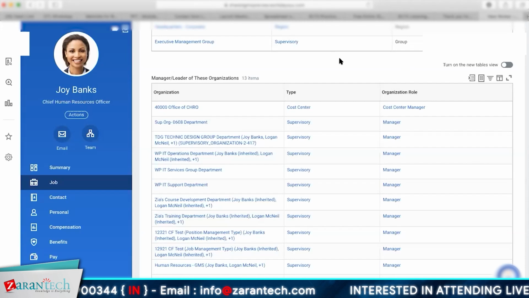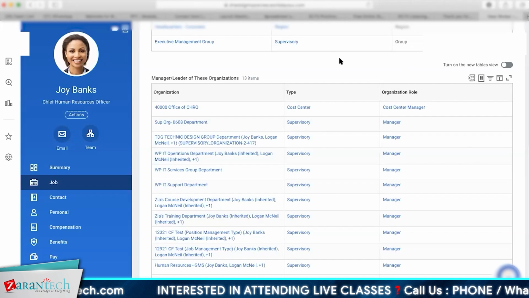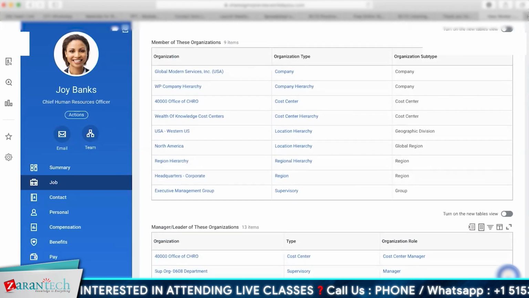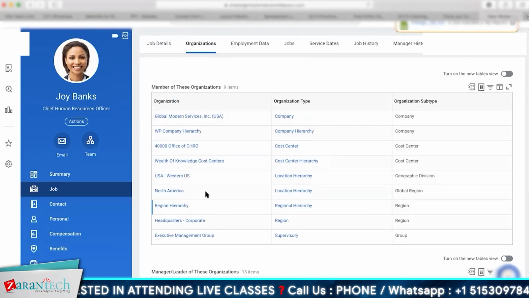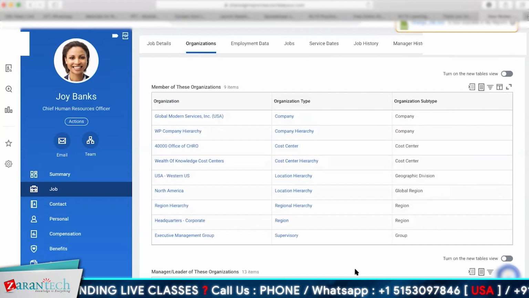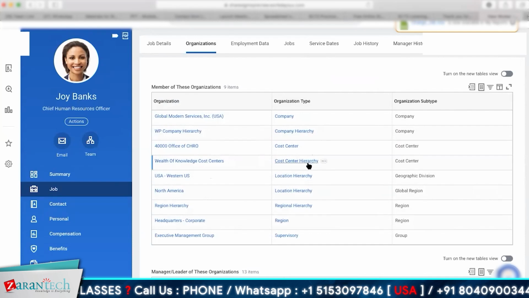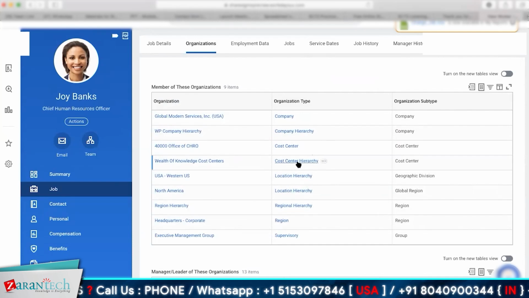We have one slide that would clarify your question more. But generally, you can say company, location, cost center, and supervisory. Again, there can be region as well, there can be others as well. It all depends on how we want to do it. And wherever you see this hierarchy, it means that there is